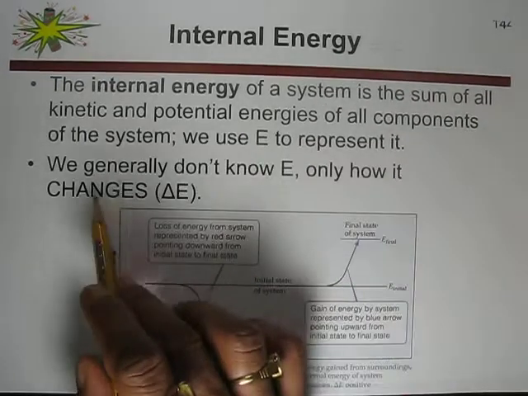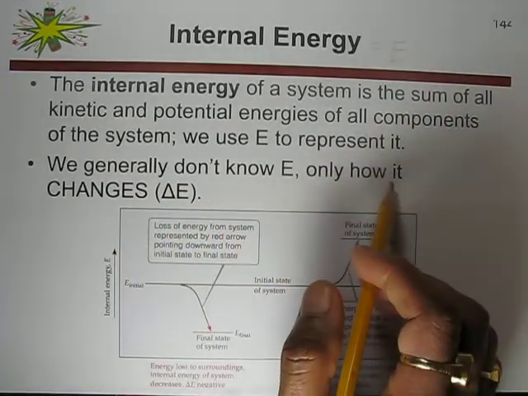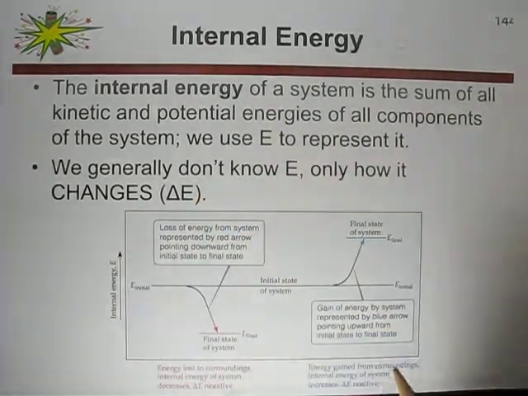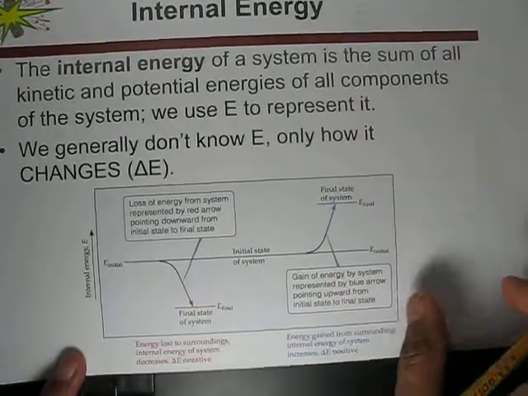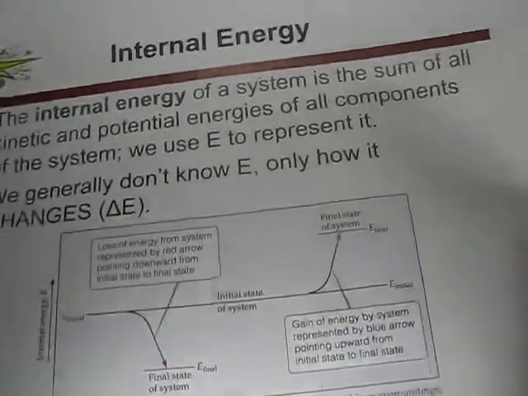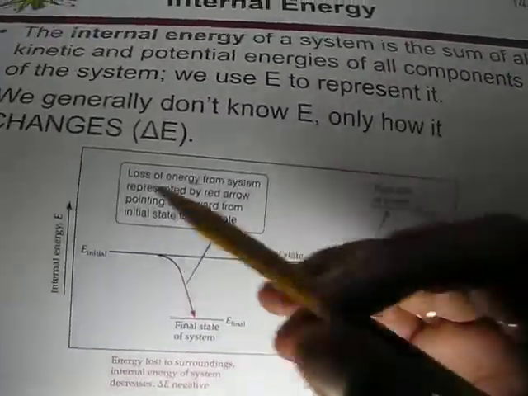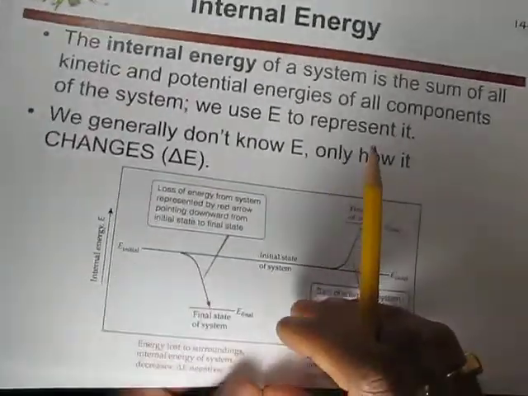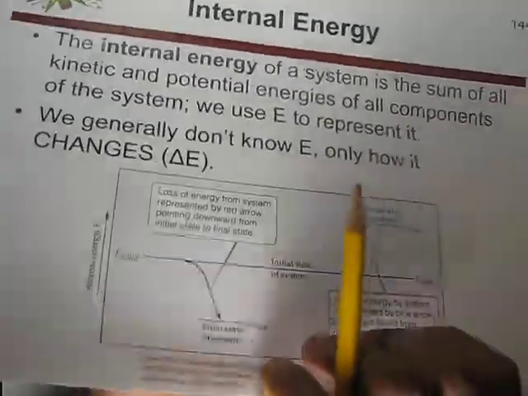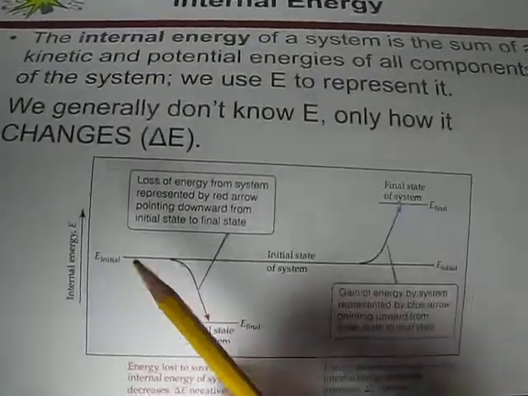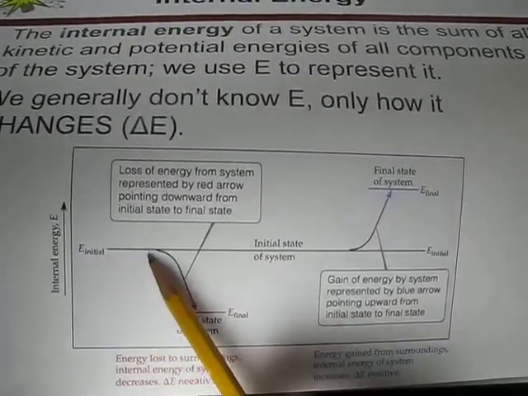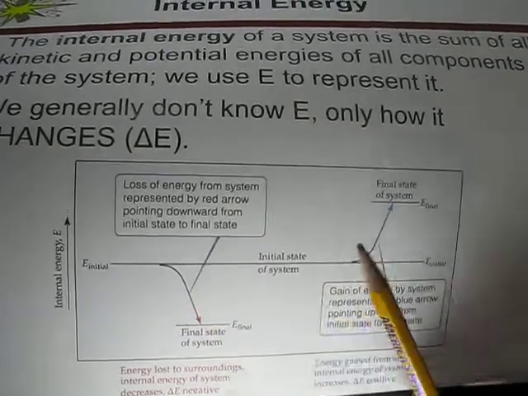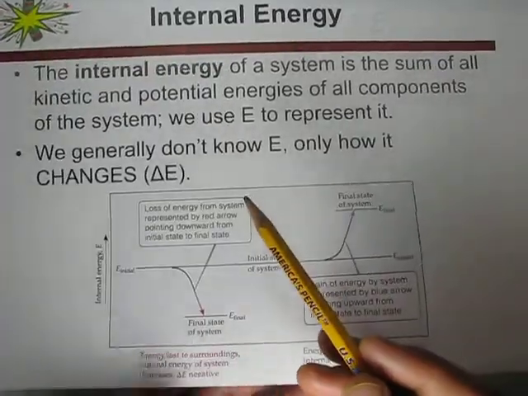And generally we do not know the capital E, only how it changes. So delta E means change in internal energy. And this graph, this picture here, shows internal energy. Usually when represented on a graph or on paper, the system has internal energy which is shown by this straight line, and as the process changes from one state to another state,